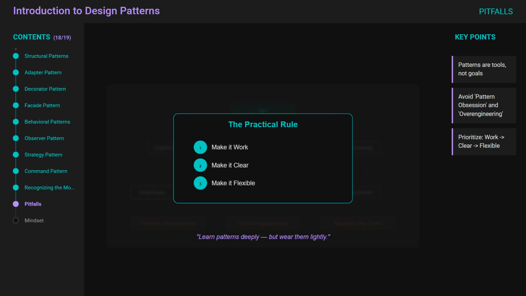In software, unnecessary patterns are those extra gadgets. Now let's introduce the terminology. The first pitfall is pattern obsession, forcing a pattern into every problem because it sounds professional. The second is over-engineering, designing for 10 hypothetical futures while ignoring today's actual requirement. Third is readability debt, code that is architecturally impressive but cognitively expensive for the next developer, which is often you